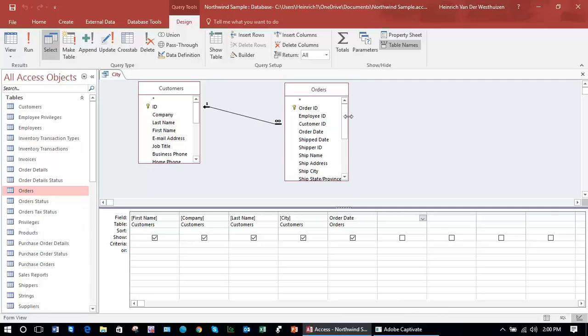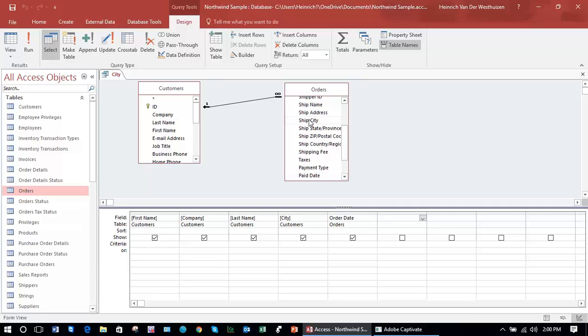So I've added order date from orders, and I've added ship city. So what we're looking for now is all of the customers and all of their orders, but particularly what date the order was placed and what city it was shipped to. Now, if I run this query, which I'm doing now by clicking on the Run button because I have the design ribbon open,